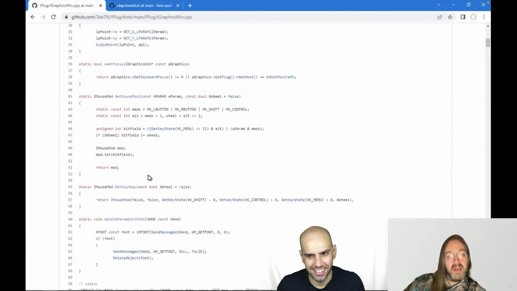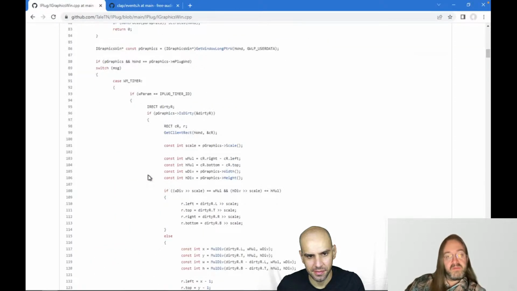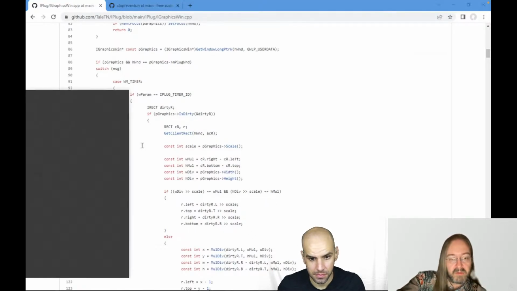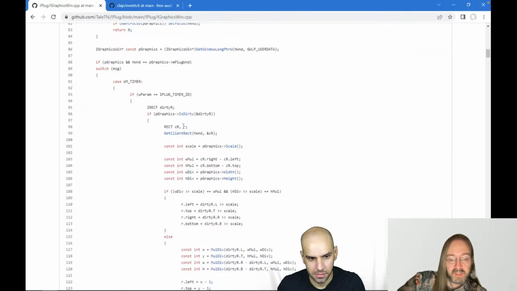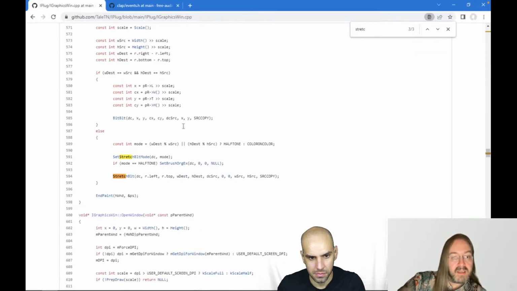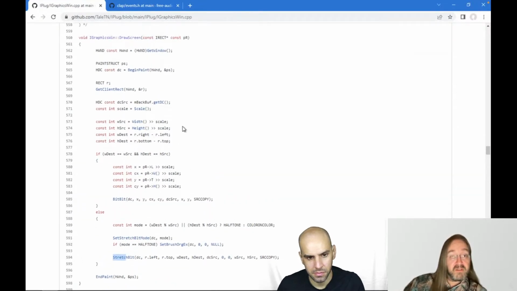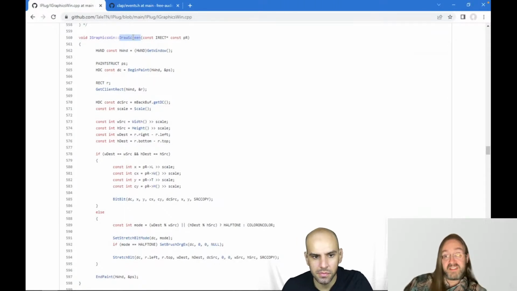So this is the implementation of iGraphics, and this is the code that actually draws things to the screen. Yeah, so this is a very Windows-specific routine, DrawScreen, that draws the actual memory bitmap.